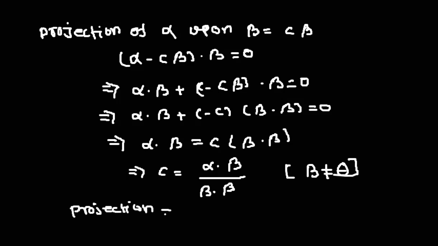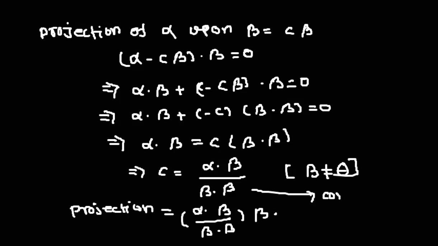or only the projection will be alpha dot beta. The c you can find. So c will be alpha dot beta by beta dot beta, and this is the scalar multiplying the vector beta. This scalar quantity is called the projection component, or the scalar component, or sometimes we just use the word component over here. So this scalar is called the component of projection, or the projection component.